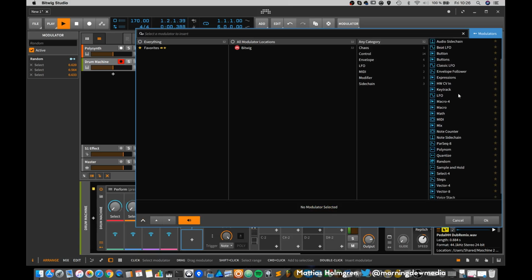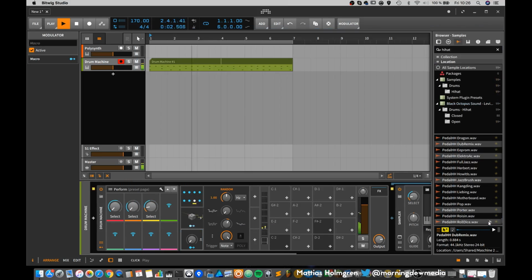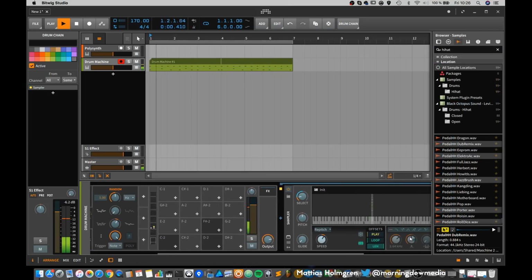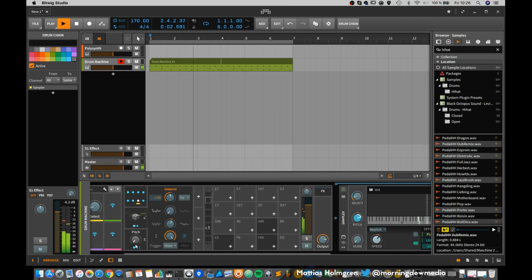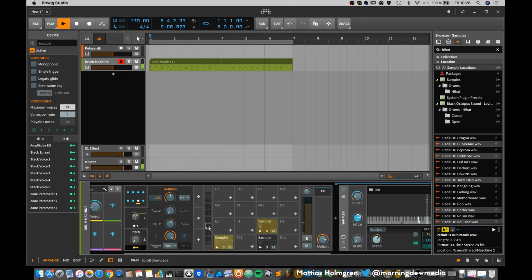Maybe also add a macro and map this macro to all of the, let's see, all of the pitches. So we can control the pitching of the samples with a macro. Let's see.